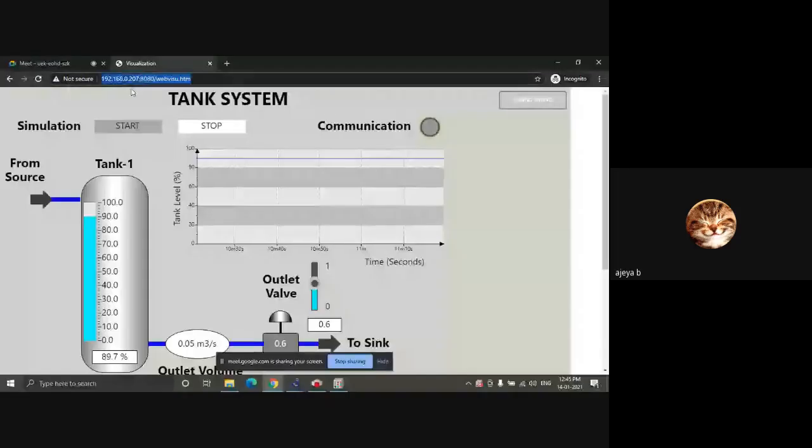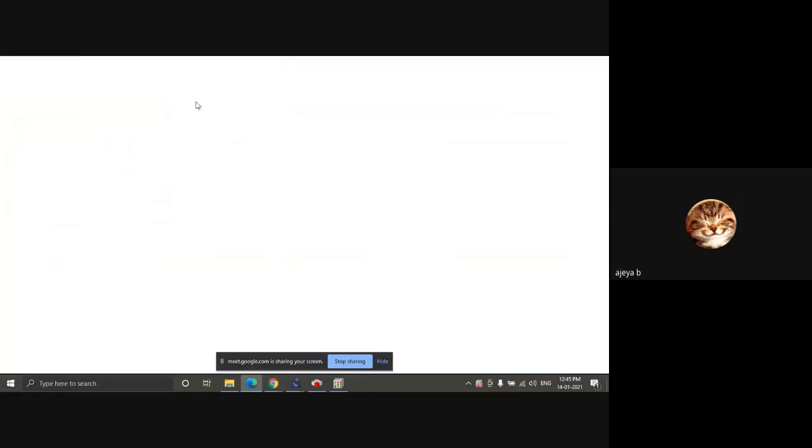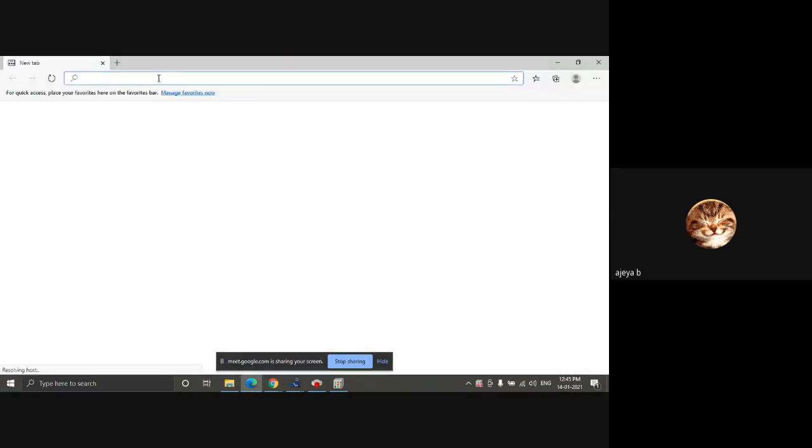Yes, sure. So as I was saying, if by chance your localhost is not working, you can even put your IP and try. This is not specific to Chrome also. If it is not running in Chrome, you can try in Edge or other web browsers.